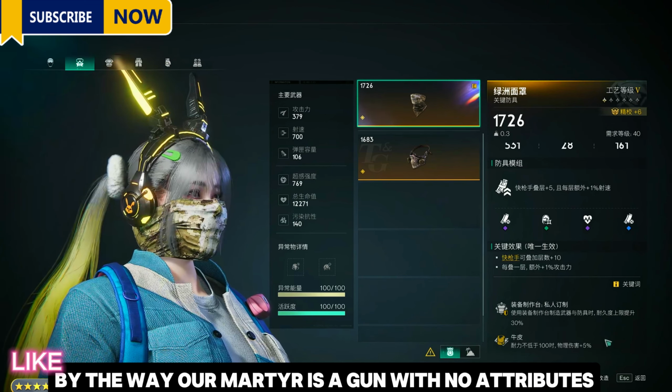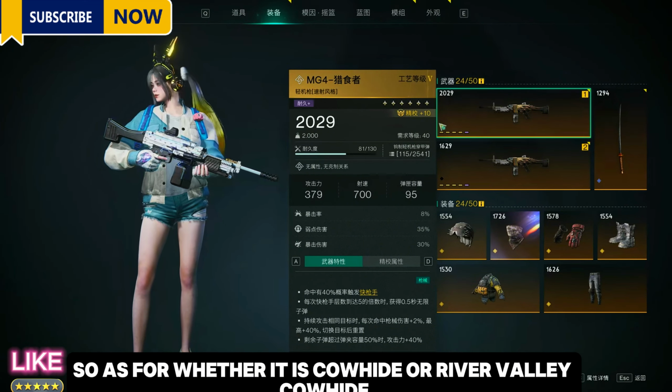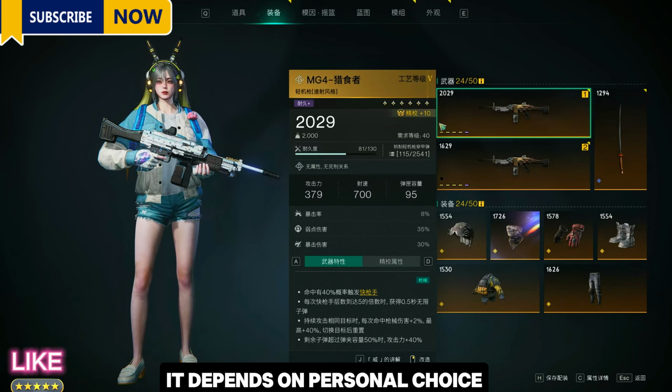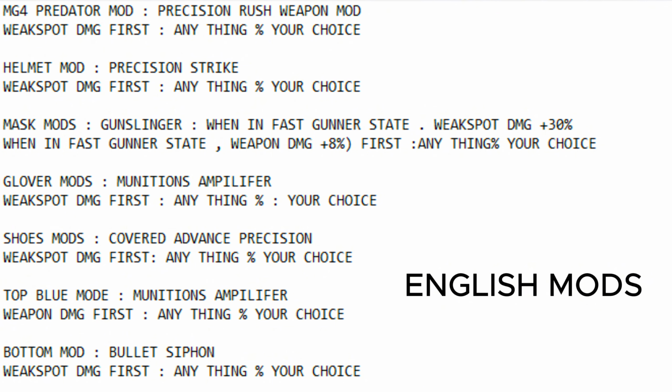gun with no attributes, so we can get the physical damage bonus given to us by this cowhide. So as for whether it is cowhide or river valley cowhide, it depends on personal choice. After all, river valley cowhide has a limit of endurance not less than 120, and this endurance needs to be obtained from other ways. If you need a physical gun, if you want to play with a machine gun,